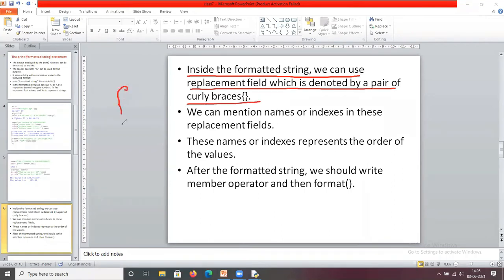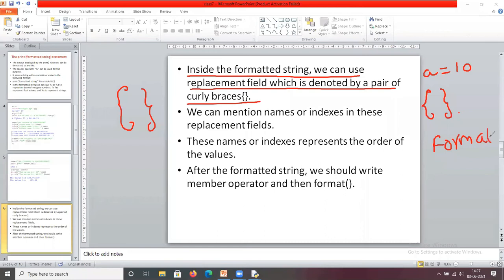So by using these curly braces, you are going to format the string. For example, here I am taking the variable a equals 10. I want to print this value, so I use these curly braces, and by using one method, that is format.